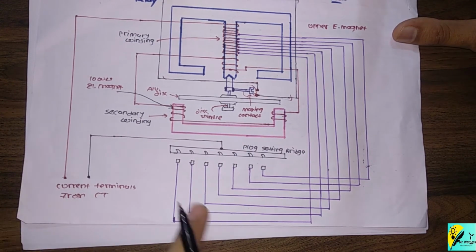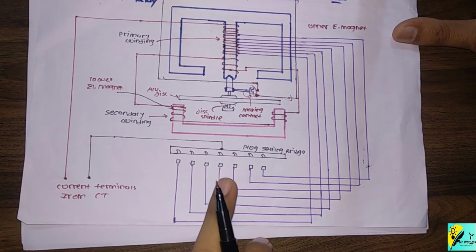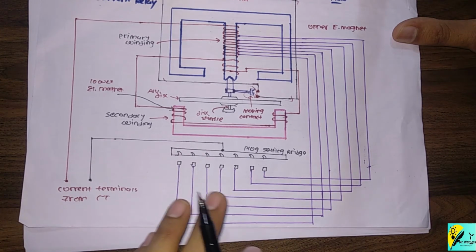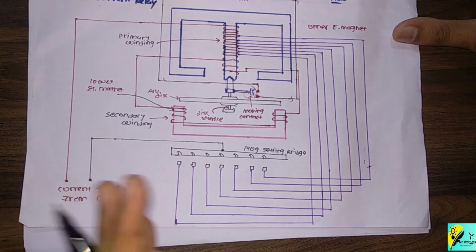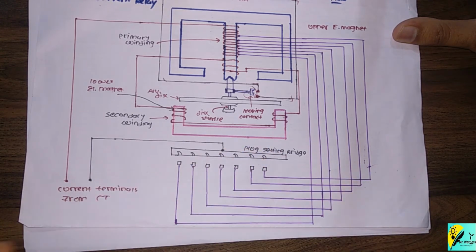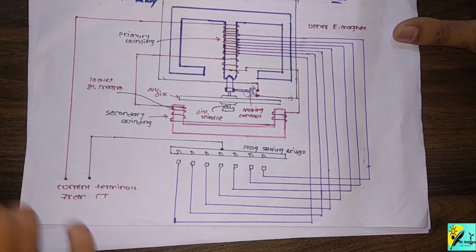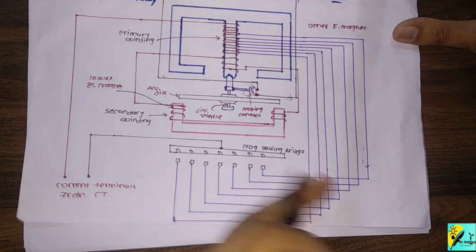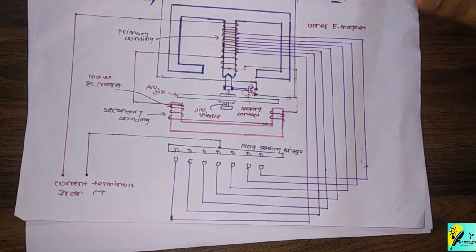When the pin is withdrawn for the purpose of changing the setting while the relay is in service, the relay will automatically adopt a higher current setting, and the secondary of the CT is not open circuited. So the relay remains operative for a fault occurring during the process of changing the setting.